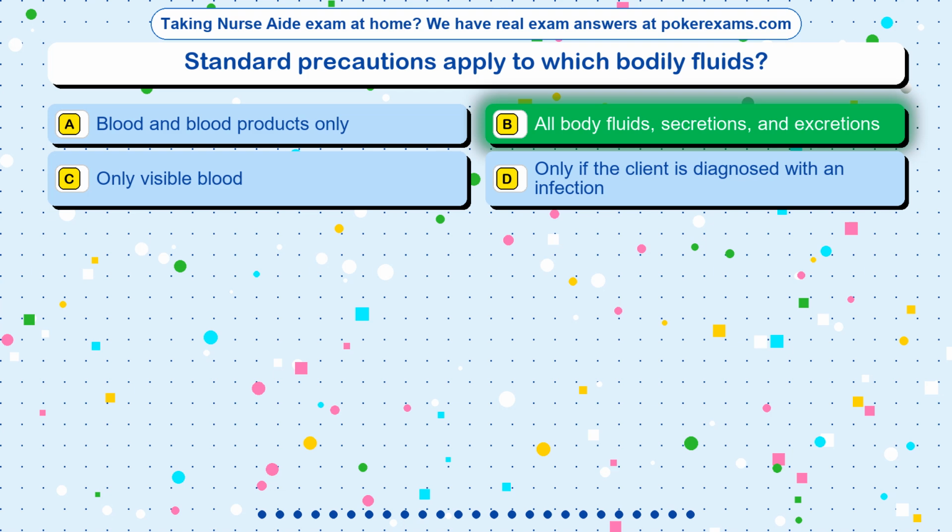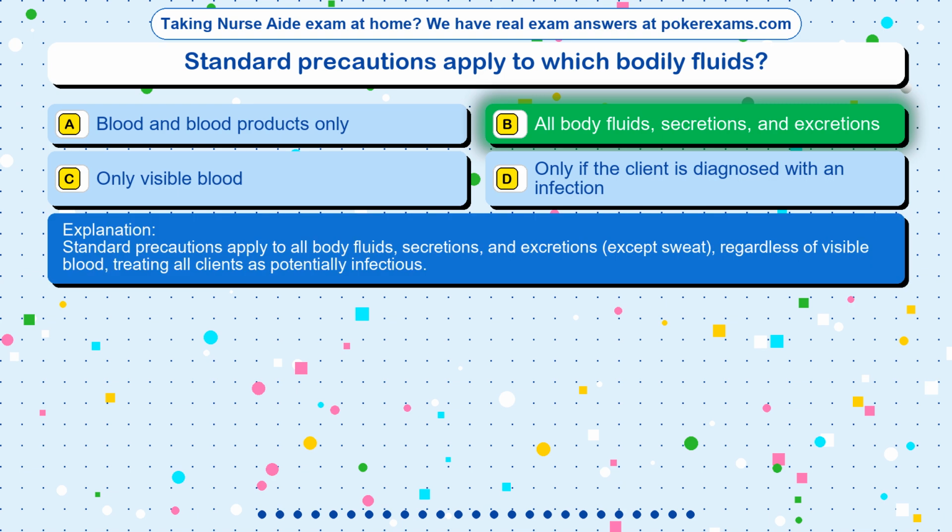The correct answer is option B. All body fluids, secretions, and excretions. Standard precautions apply to all body fluids, secretions, and excretions, except sweat, regardless of visible blood, treating all clients as